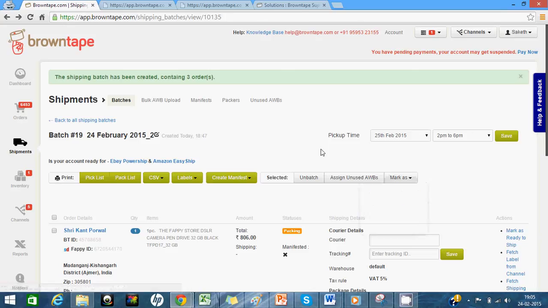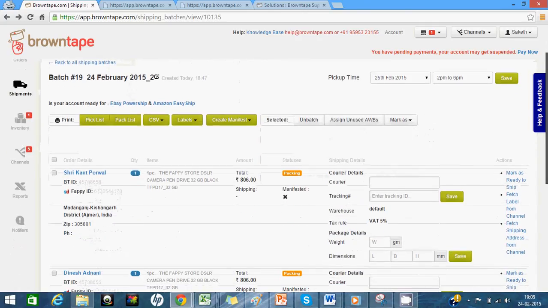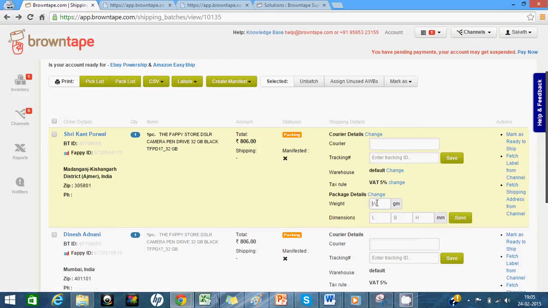In case of Amazon Easy Ship and eBay PowerShip, the courier details and tracking numbers are provided by the marketplace, and the delivery process, the courier company, is basically their own. So in this case, whenever an order comes, you just mention the package details, the weight and the dimensions of the order. You just do this once for one item. If you enter the weight and dimensions, you would not have to enter this again. It will be automatically fetched. So you enter this, click on save,